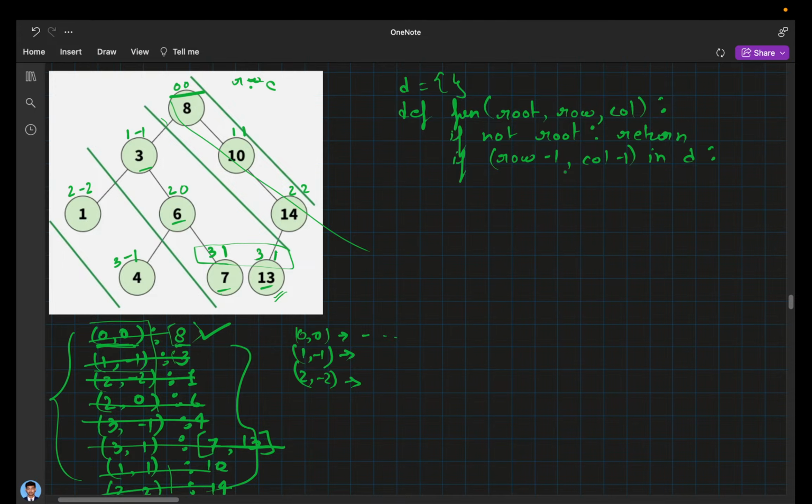Okay, again I got stuck. If this thing is present in our dictionary and I am on, like, 10, then what I'm going to do is, we have to make this thing normal, but if there is already a pair available, then